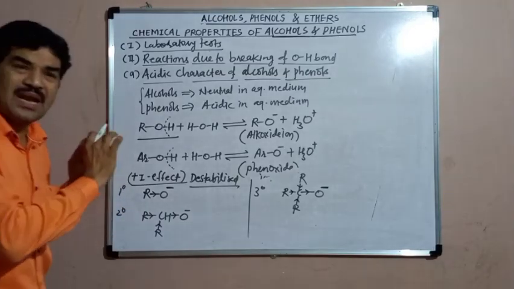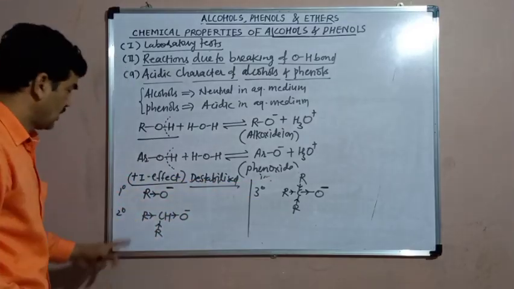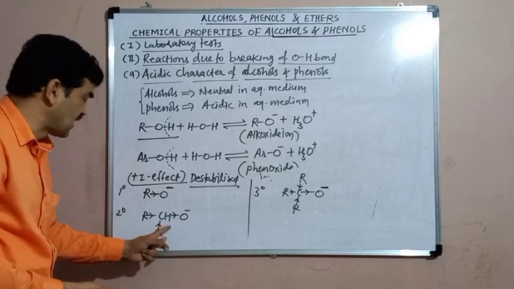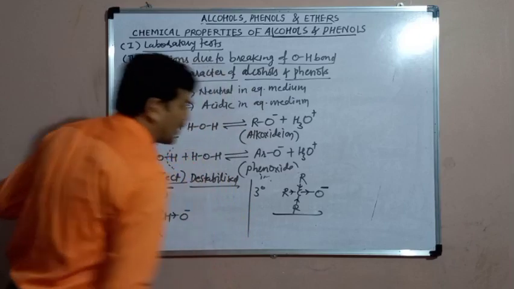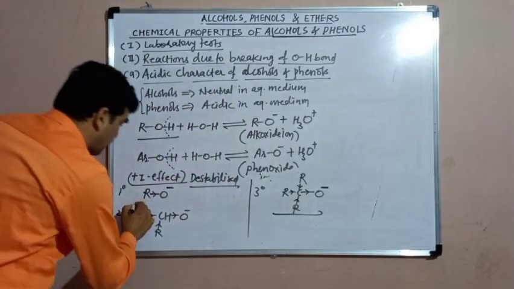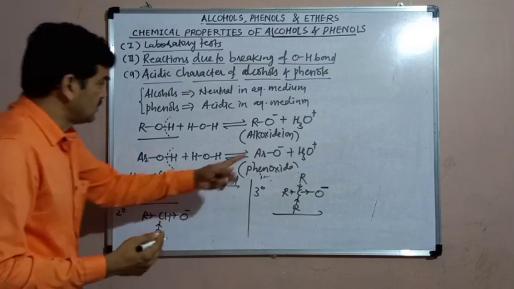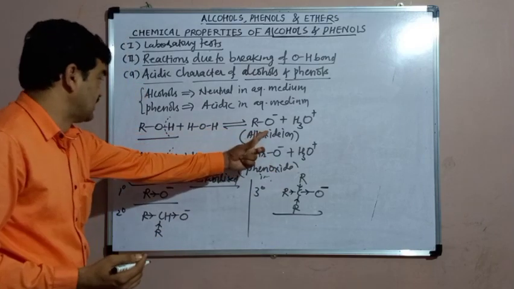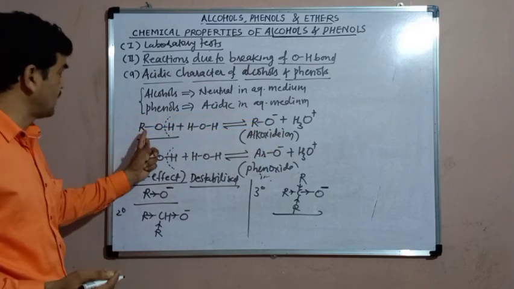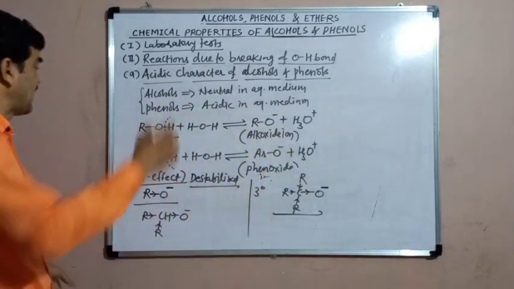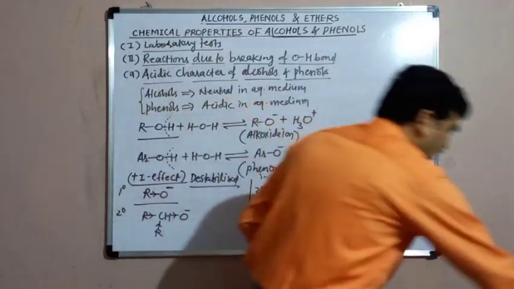Almost all the types of alcohols are almost neutral, but when we compare them, then among these three, the primary will be slightly more acidic than secondary, which will be more acidic than tertiary. Because the destabilization is maximum in the alkoxide ion of tertiary alcohol, and the destabilization is less in the alkoxide ion of primary alcohol. And because of destabilization of the alkoxide ion, the molecule of alcohol has a very negligible or less tendency to lose the proton. Means it has a less tendency to undergo ionization, and therefore the acidic nature is negligible, or alcohols are almost neutral. Now the acidic nature of phenols.